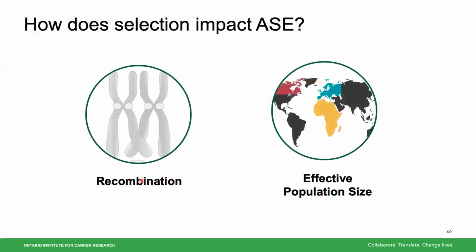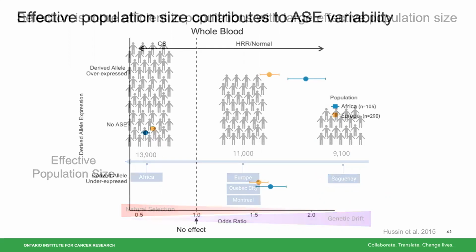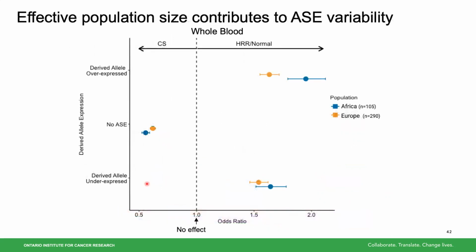The next aspect that I want to discuss today is the effective population size. So this brings the concept of genetic drift, where smaller populations such as Saguenay are more susceptible to the effects of genetic drift and have less efficient selection compared to larger populations such as Africa. And so if we look at this odds ratio once again, where we see the enrichment of ASE in high recombination and normal recombination regions, but this time I stratified it based on population size,